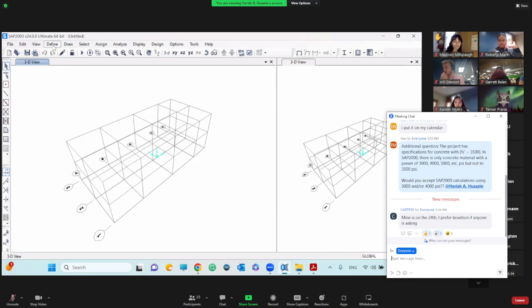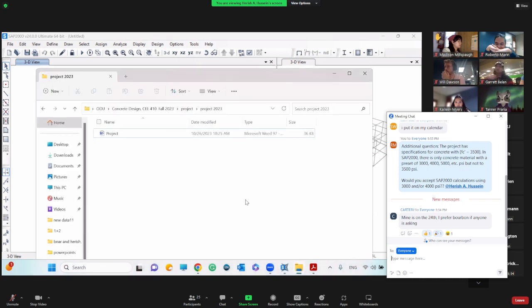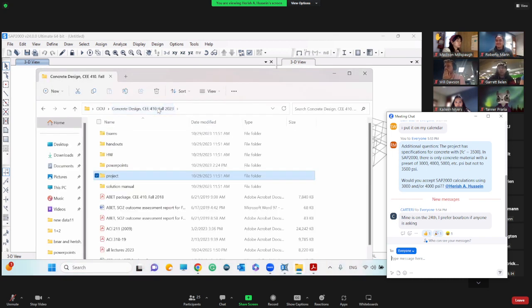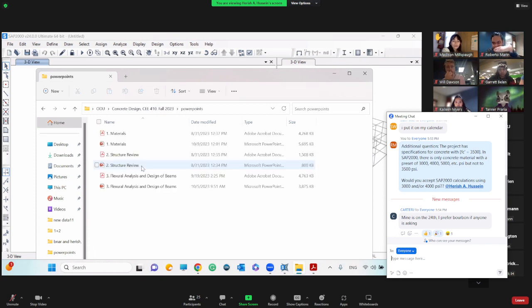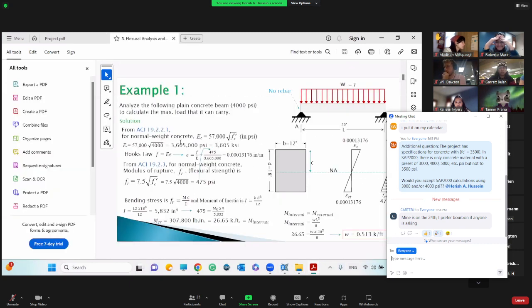Now I define my materials. Material. By default, we have 4,000 PSI concrete, but ours is 3,500. So ours is 3,500. And you go to here to calculate your Young's modulus. See this equation? E is equal to 57,000 times square root of 3,500. And that gives you 3,372,165. So when I put that number in,